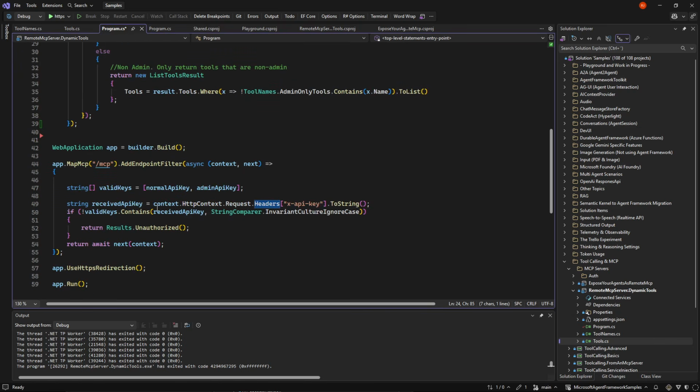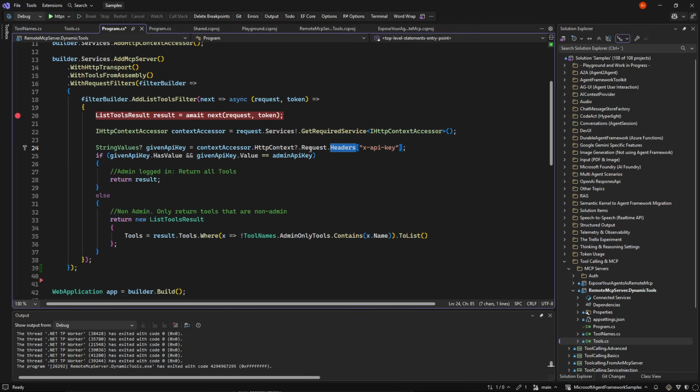Very similar to what we do down here. Only here it's the real context already. Here we need this accessor before that. And then if we get an API key, which we should, else we shouldn't have come this far, but just in case. And if it's the admin key, then we just give all the tools back.